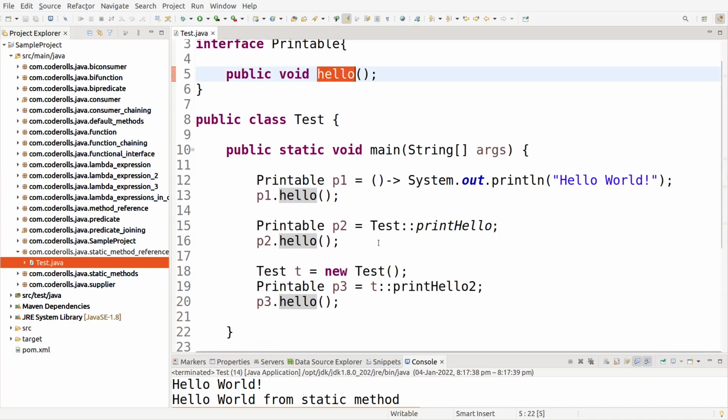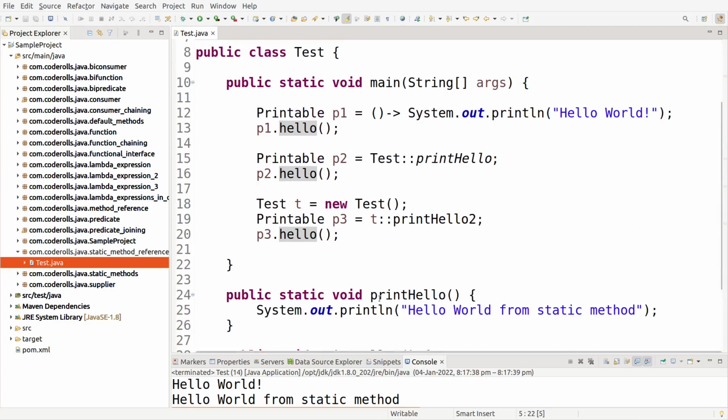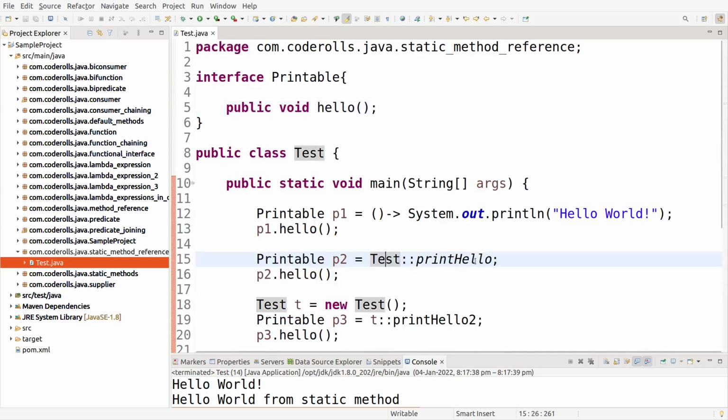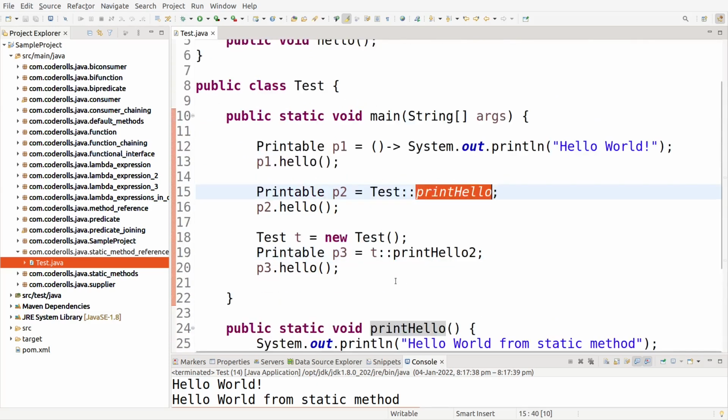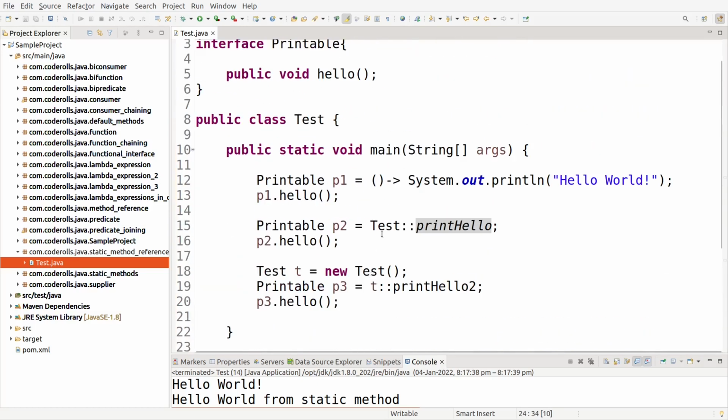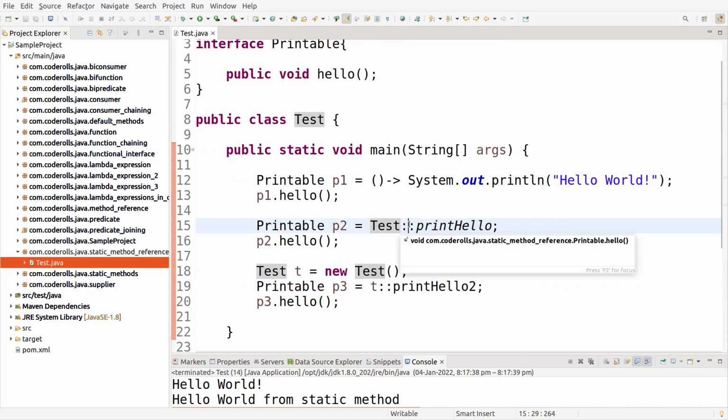But if I want to reuse the logic from existing methods, static or instance, I can do it using the method reference concept. At line numbers 15 and 16, we have used the static method reference concept because printHello is a static method. So the class name goes here, then the double colon operator and the static method name.